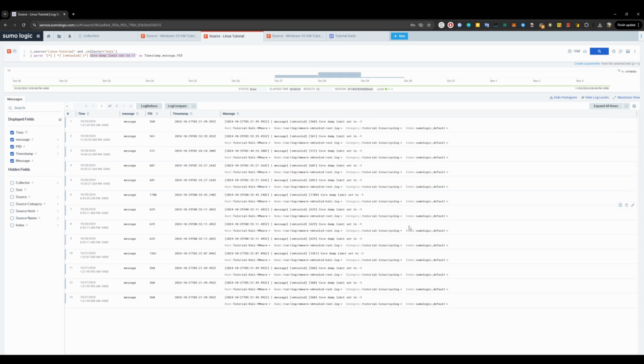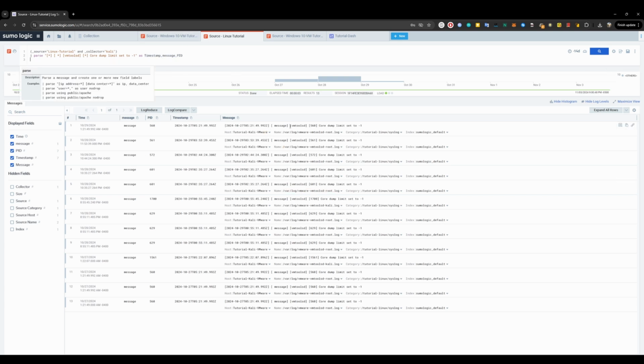Okay, I have this one, I have this one, I have this one. So then I'll parse this data from these messages. Okay, I've parsed this message from these log messages. So this is what it does when you try to parse by a whole raw data. So you have to be very specific and very cautious how you are trying to parse data for Sumologic or the logs. So next what I'll do is count by these three fields,